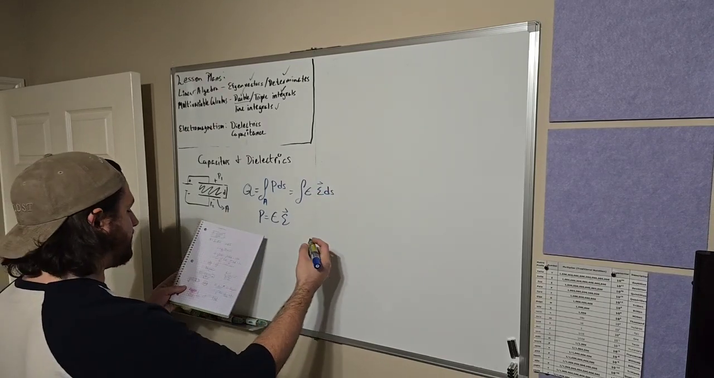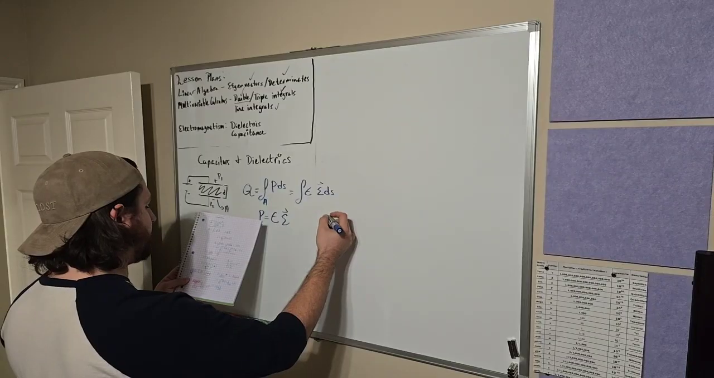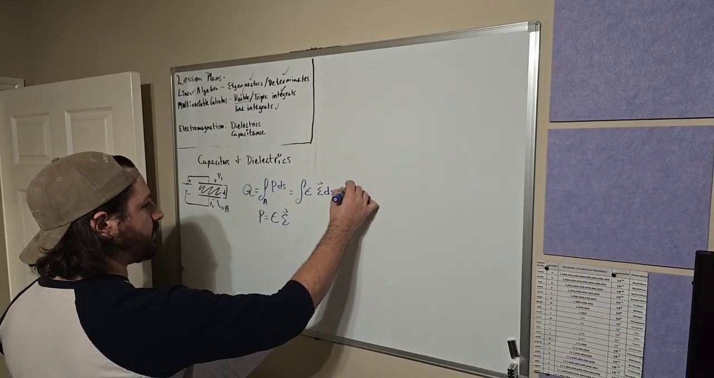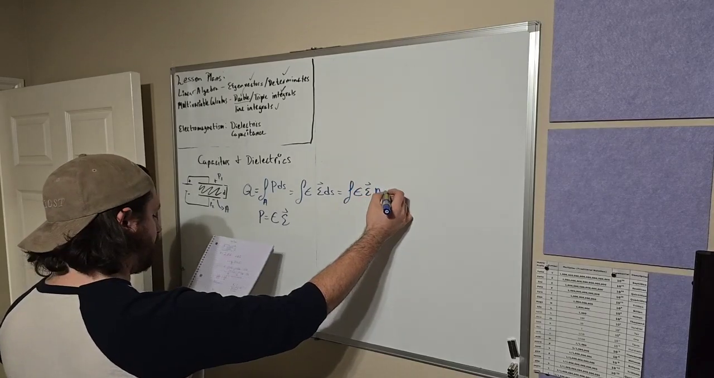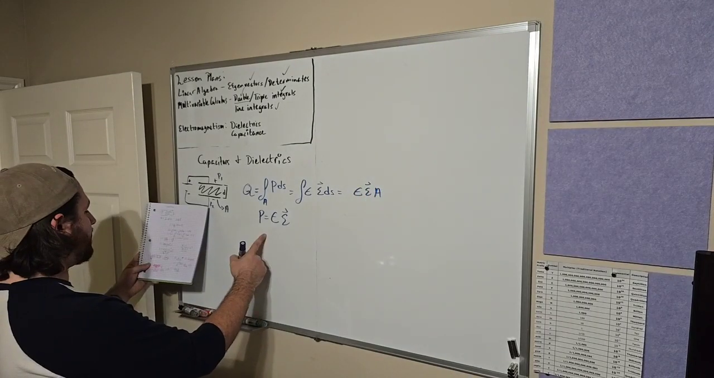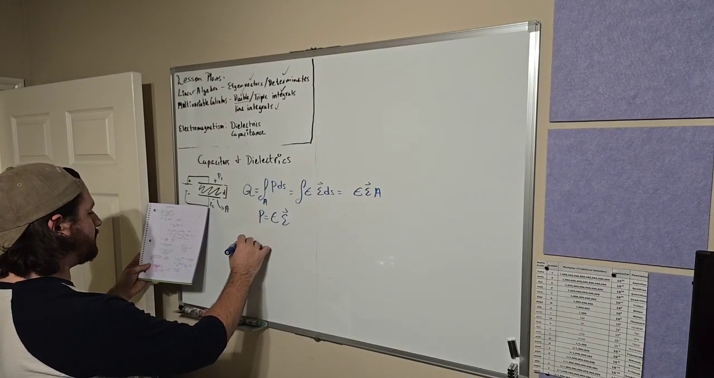Now to deal with ds, that's when we're going to swap this to be just area. So now we have the integral of permittivity, electric field, area. Okay, and then we remember that voltage